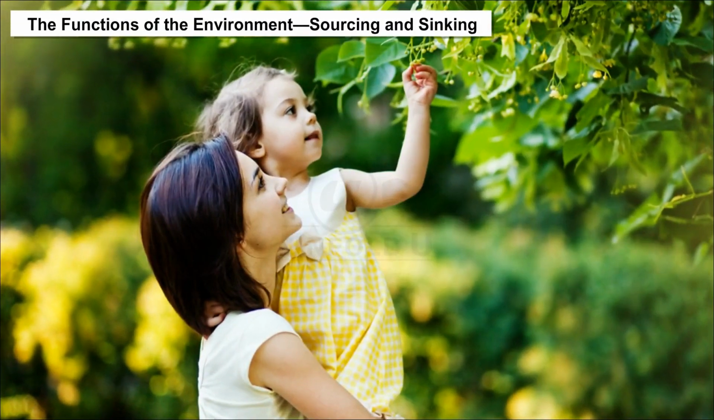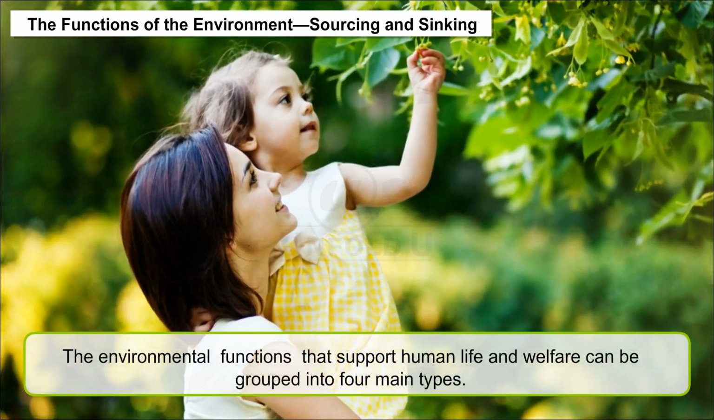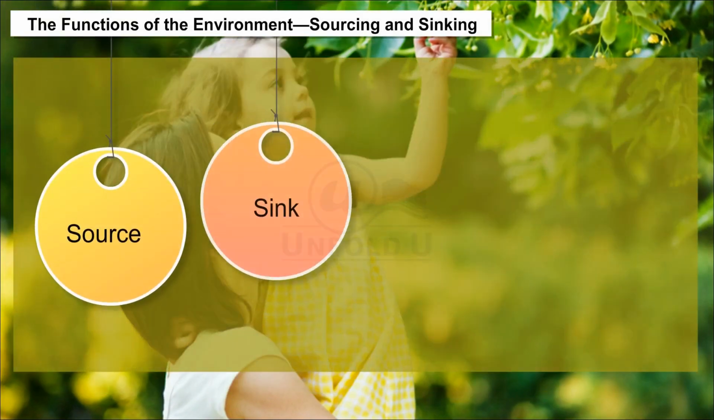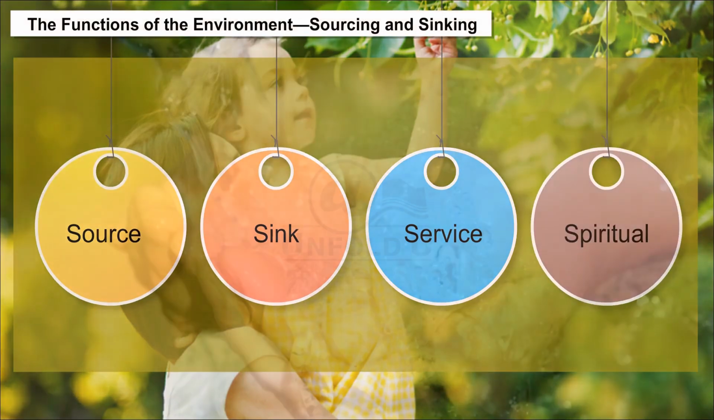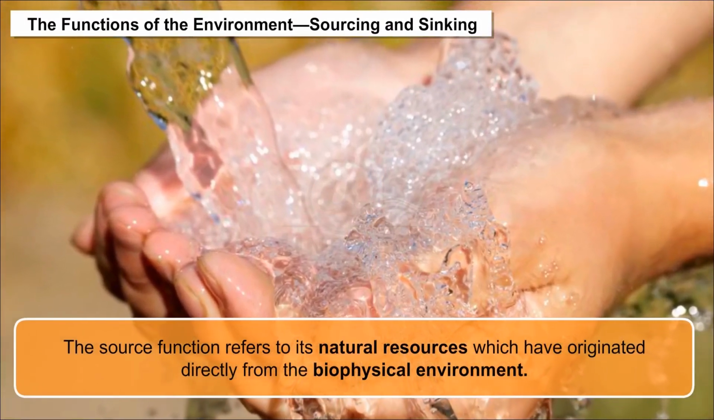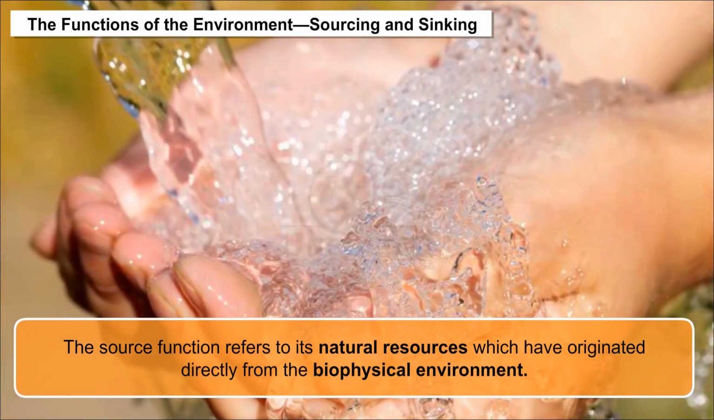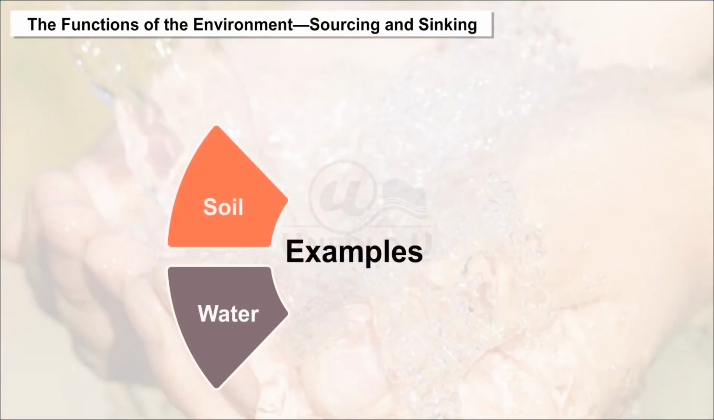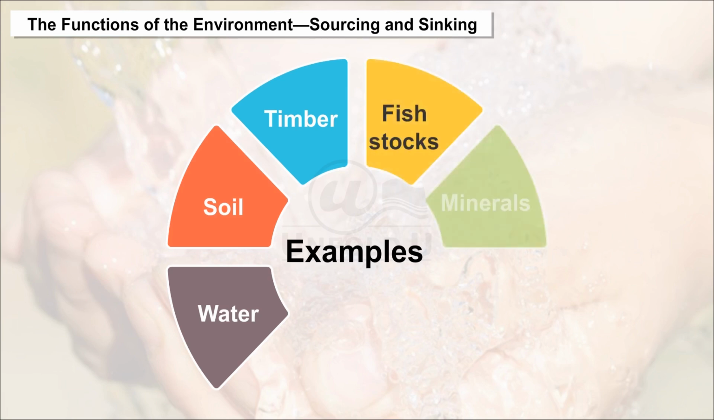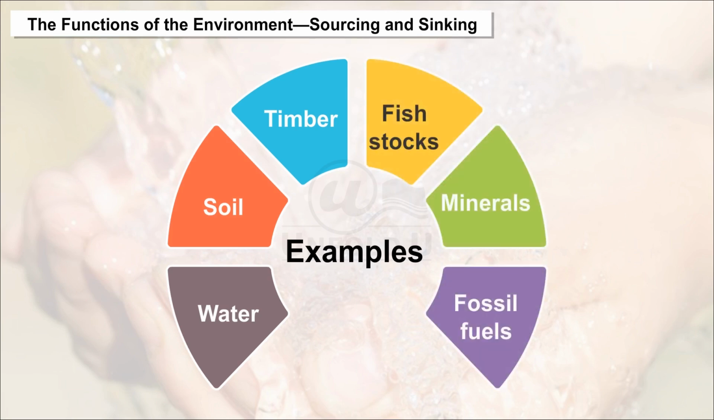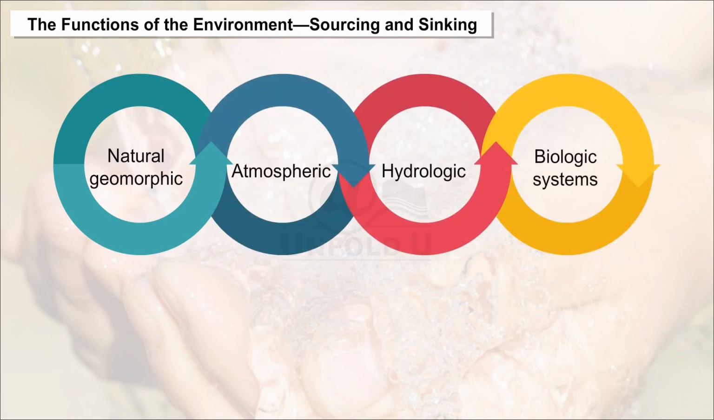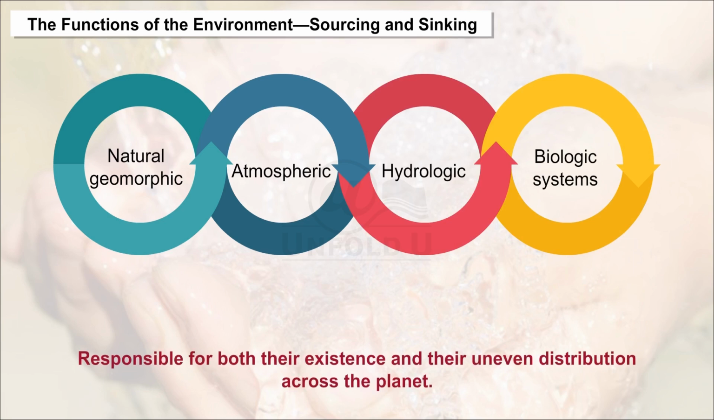Sourcing and sinking. The environmental functions that support human life and welfare can be grouped into four main types: source, sink, service, and spiritual. The source function refers to natural resources which have originated directly from the biophysical environment. Examples include water, soil, timber, fish stocks, minerals, and fossil fuels. Earth's natural demographic, atmospheric, hydrologic, and biologic systems are responsible for both their existence and their uneven distribution across the